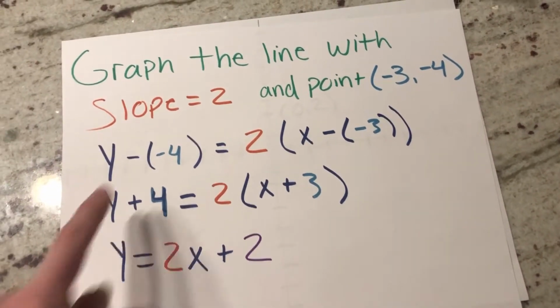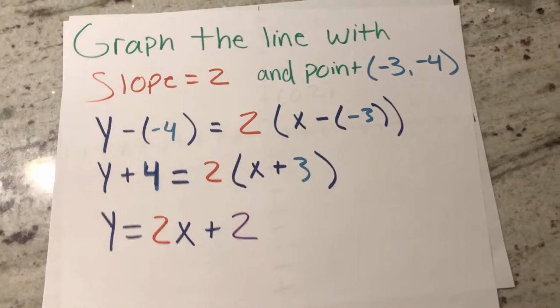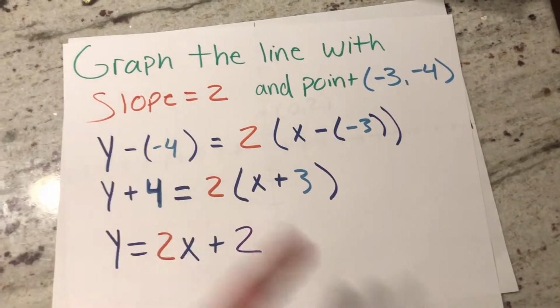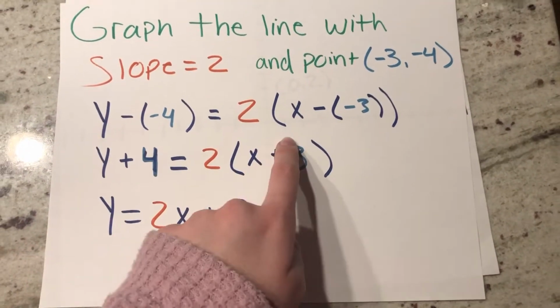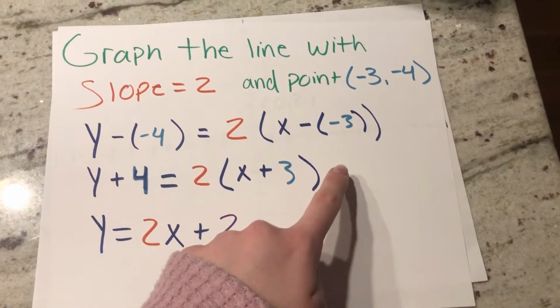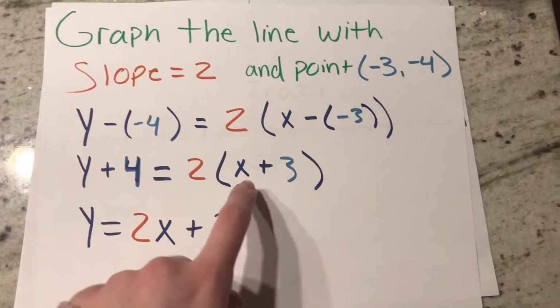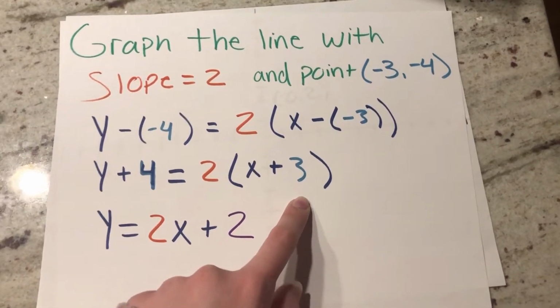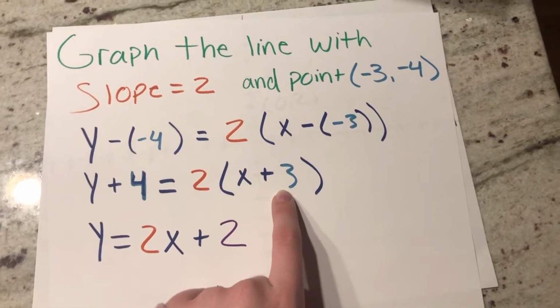So if you're given the information, slope equals 2, and the point (-3, -4), if you substitute it into point-slope form, you're going to get y minus -4 is equal to 2 times quantity of x minus -3. If you add your negatives, you're going to get y plus 4 is equal to 2 times quantity of x plus 3. If you apply the distributive property, you're going to get 2x plus 6 on the right side of